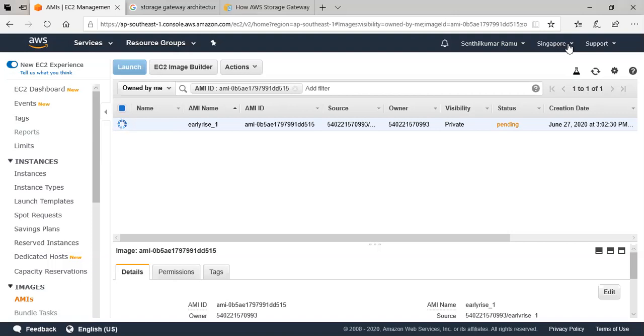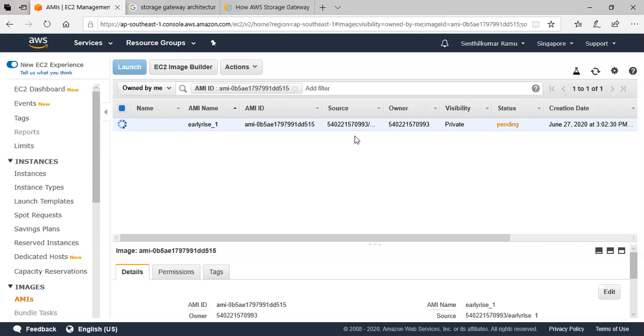Yes, that's right. I was in Mumbai. Then I initiated the task. I just selected the option to view the status. So I am in the Singapore console and it is showing Singapore here. It means a server in India is getting moved to Singapore. Got it? See, I am doing this with the native feature of AWS. Such an activity you have to do from your on-premises data center to AWS, that is where the storage gateway comes in and enables you the feature. Got it?